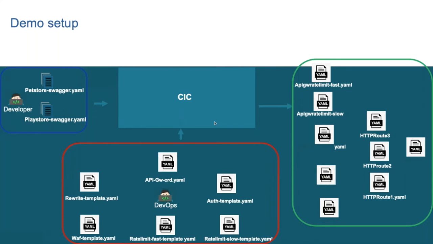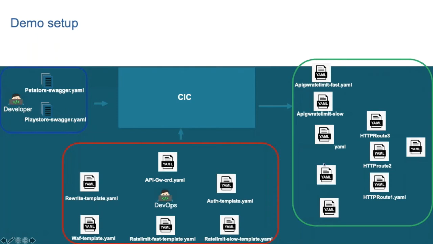So in our example, we have one single endpoint to expose 3 different services, and all our APIs are mapped into 3 different services. There are APIs which go to the user service, APIs which go to the pet service, and APIs which go to the Play Store service. So that's why you see 3 routing CRDs generated.